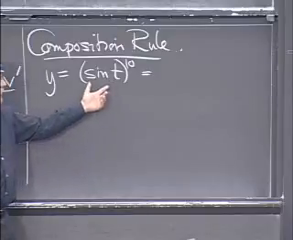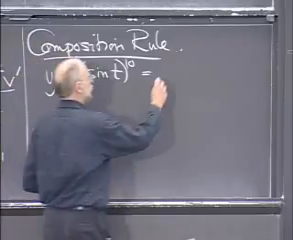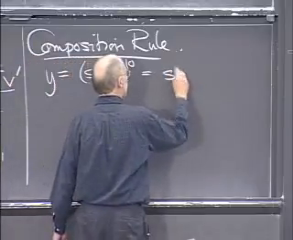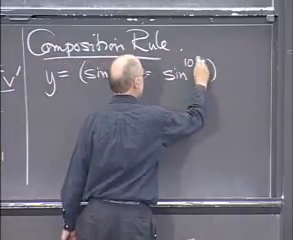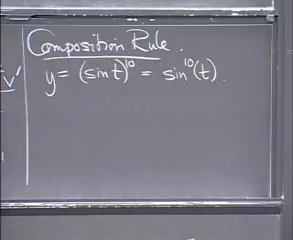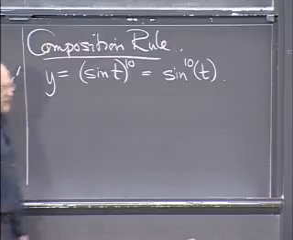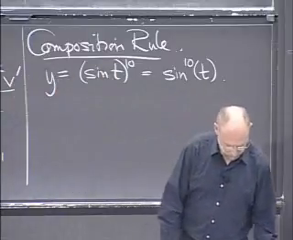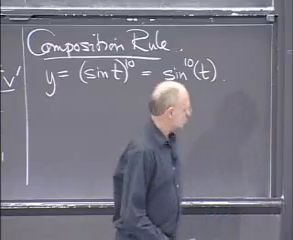And there's a little notational switch that people use. They'll write sine to the 10 of t. But remember that when you write sine to the 10 of t, what you mean is take the sine of t and then take the 10th power of that. That's the meaning of sine to the 10 of t. So the method